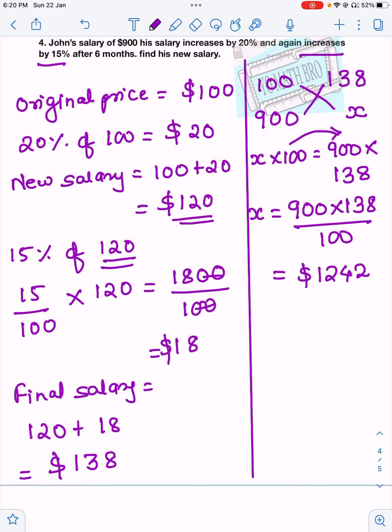They can ask you one more question. How much was the increase in salary? So the increase in salary is 1242 minus 900. That is $342. And that is how, my dear students, you can solve recurring percentage questions. Always, while solving mathematics numericals, always have patience and slowly and steadily increase